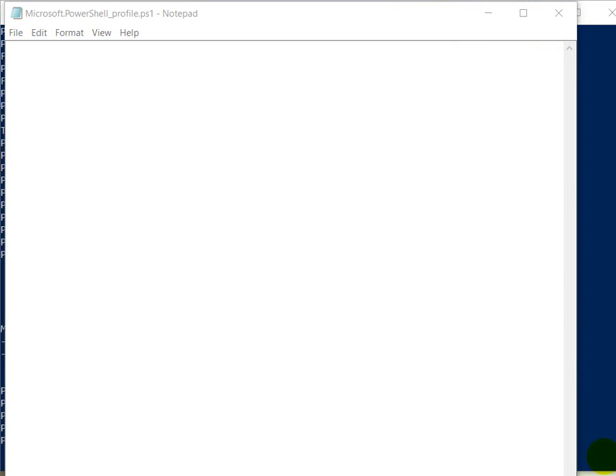For demonstration purposes, I'm going to add some basic code in this file, and let's see how it works. The first line of code is Set-Location. This is the command which is used to basically set the directory. When we launch PowerShell, it will automatically set the directory to this location. What we are going to write in this: